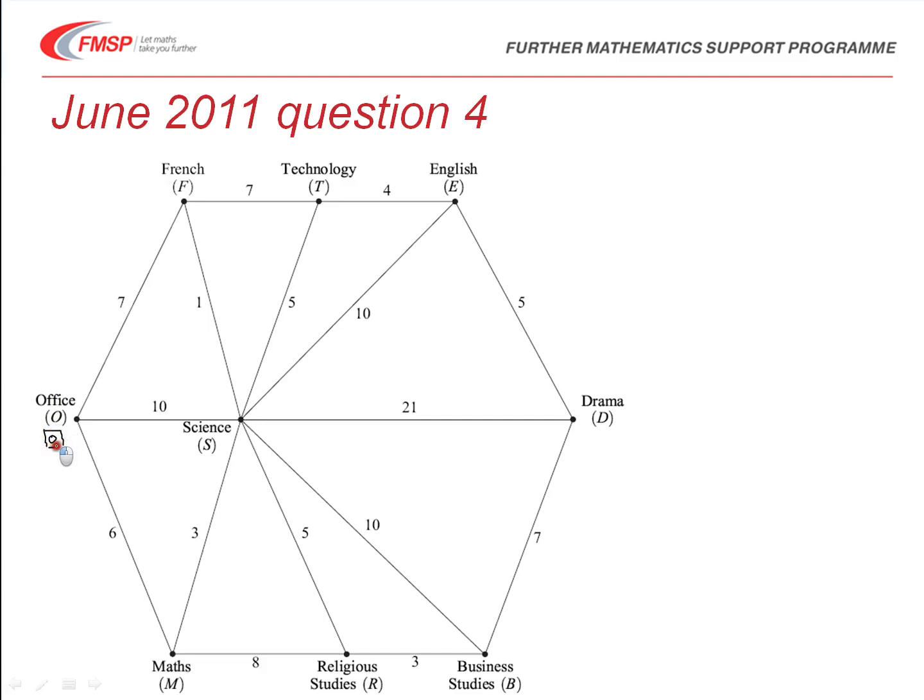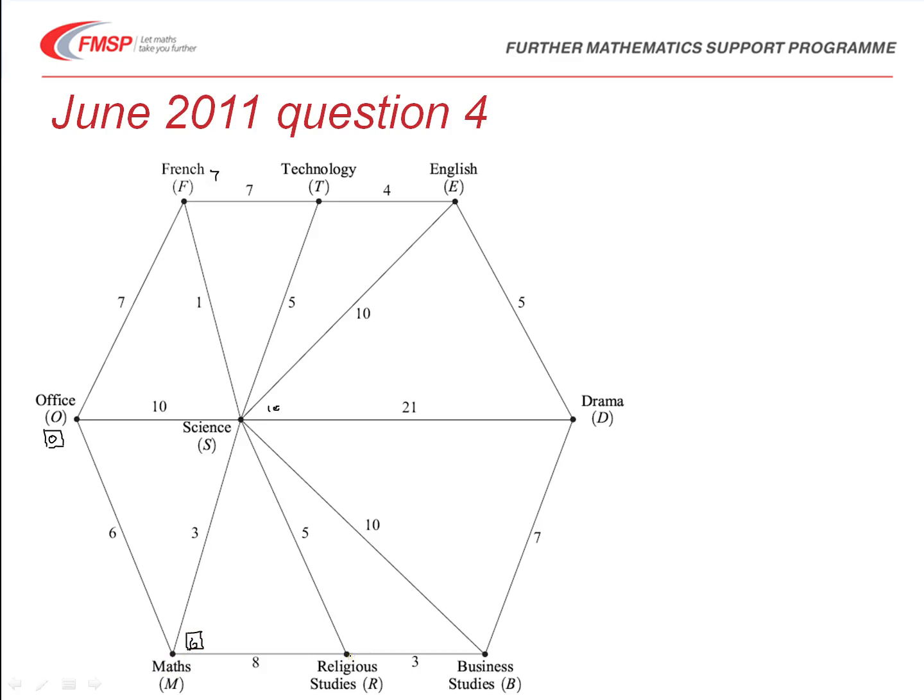for our starting point. Going from O to F is 7, so we can put a temporary label of 7 on here. To the science department, that would be a temporary label of 10. And then to the maths department, a temporary label of 6. We then look to see which is the smallest of those, which is the maths department. So we can label this one permanently by putting a box on it, and then work out the times from